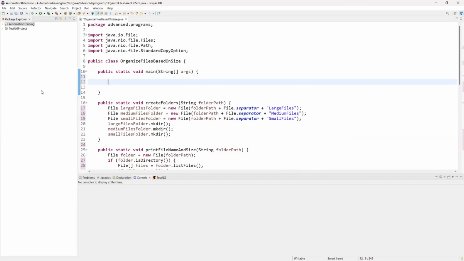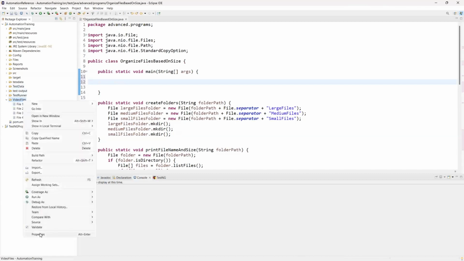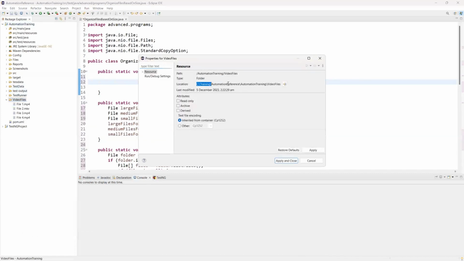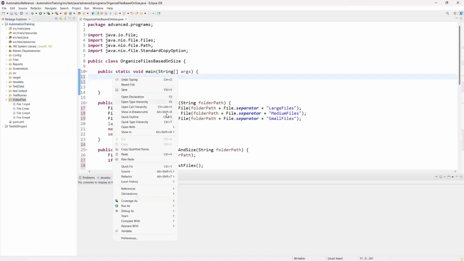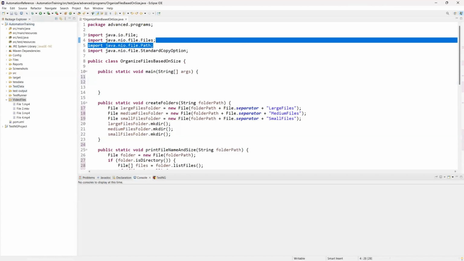So first we have to copy the folder path where exactly your files are available. My files are available inside the video files folder. So let's copy this. I'll show you something even interesting. So what we can do is